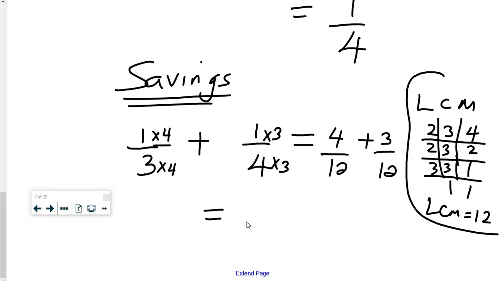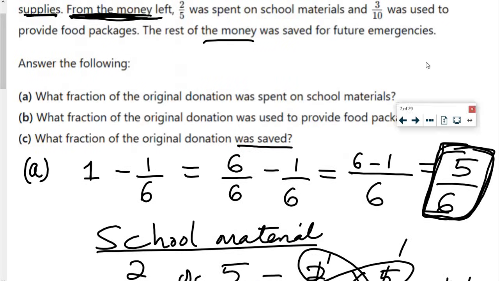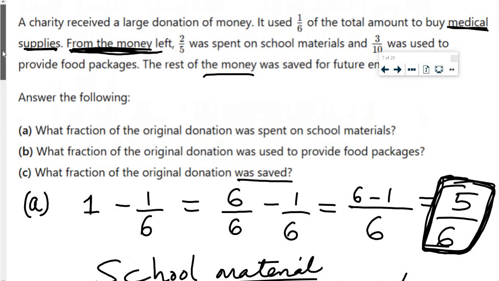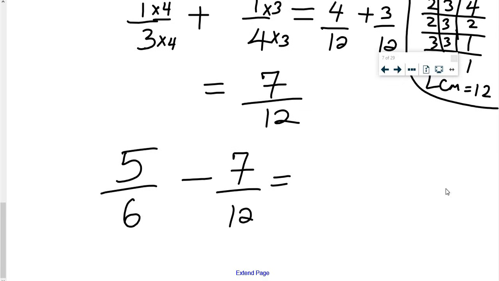Now you will have this one equal to 7 upon 12. Now for saving, to get the fraction left for saving, we'll do this 5 upon 6, which was the fraction left after buying medical supplies. So 5 upon 6 minus 7 upon 12. This will equal, find the